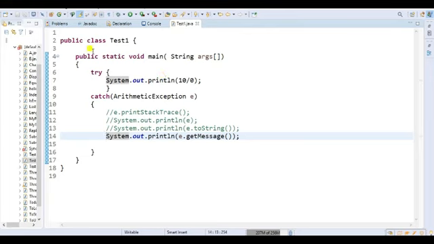In this example I have just demonstrated various methods to get information regarding the exception. If I use e.printStackTrace(), then I get all the information regarding the name, description and location also. But if I use System.out.println and toString, both methods give me the same result.